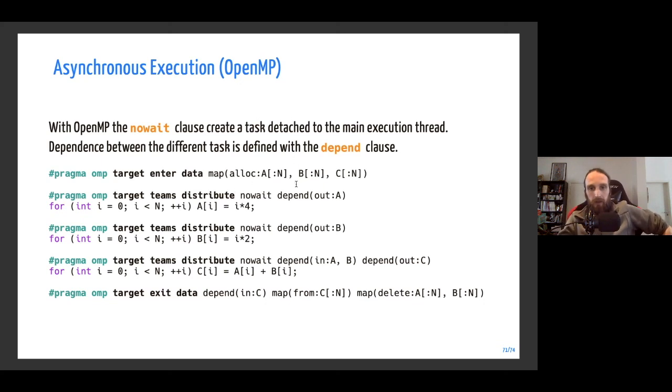So we allocate A, B, and C on the GPU, and then we initialize the values of A and B, and we say that the result of this assignment will be A and B for both of them, and then we do some calculation with A and B that we put into C, and what we say is that for this computation to be performed, we need to have the values of A and B, so we put the dependency to be in.